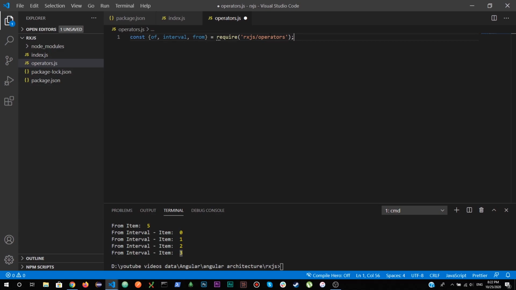In Angular you don't import it like this, you use the import keyword for that, but I'm not using Angular. It works the same way without Angular. It's just easier to run the Node.js files than to wait for Angular recompilation. So I'm going to import the map operator, the filter operator, and the tap operator. These are the three operators that I widely and mostly use, and they are really important if you want to manipulate data.